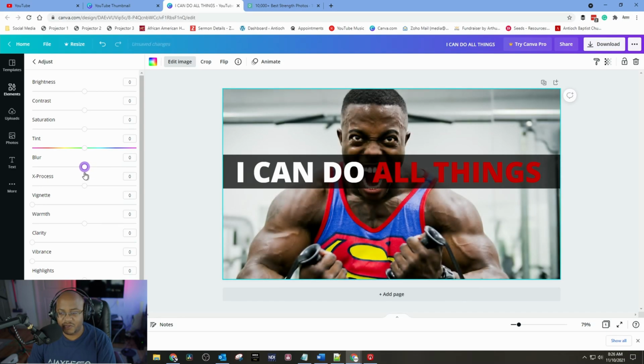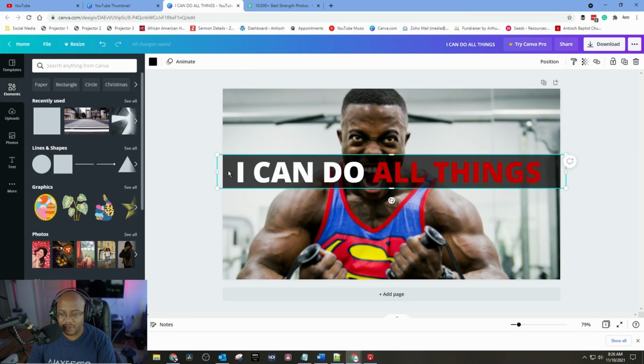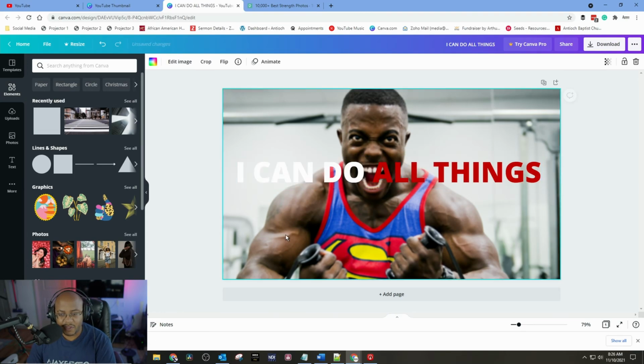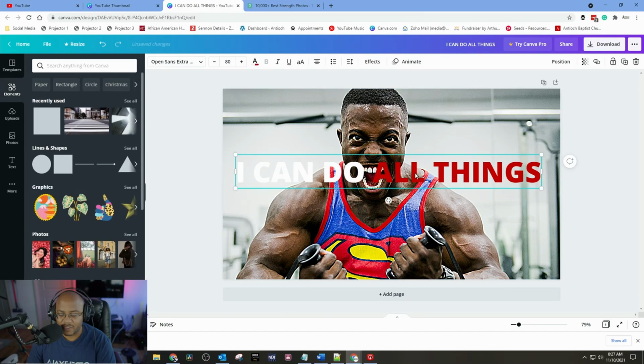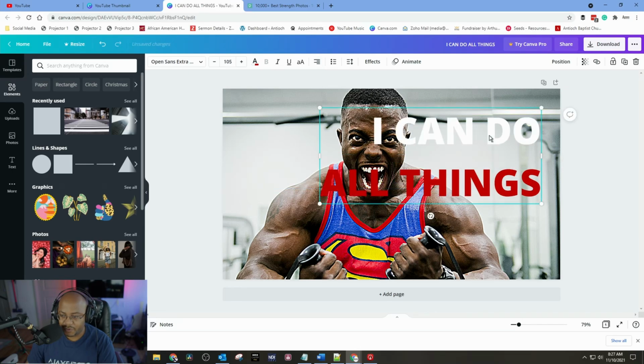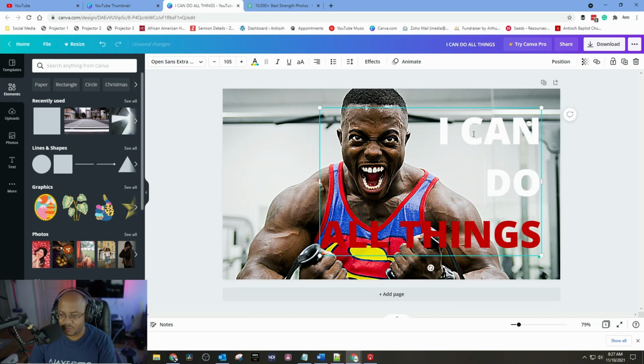So we want to bring it in just a little bit and maybe play around with this. Now, there are a bunch of ways you could do this. I can get rid of the bar, keep him in focus, or make him super sharp to make him stand out even more. Do the exact opposite, which I like that. See a whole lot more detail. And then let's actually just shift this all over to the right. Bigger. And I'm going to stack this so we can see his expression, his emotion.